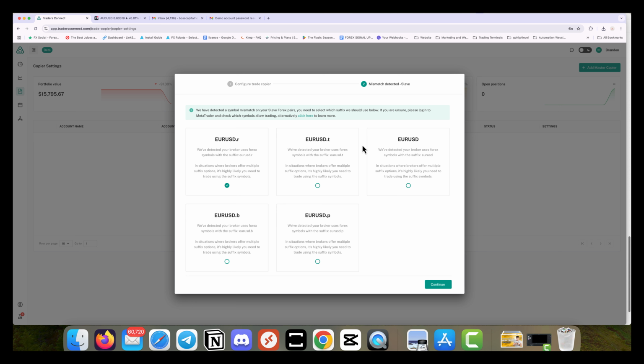And sometimes it looks mismatched. So for example, with Extreme, you want to make sure you pick the one that you're doing. For example, we have detected a symbol mismatch on your slave pair account. You need to select a suffix, which we should use below. If you're unsure, please log into your MetaTrader. So for example, on the MT5,